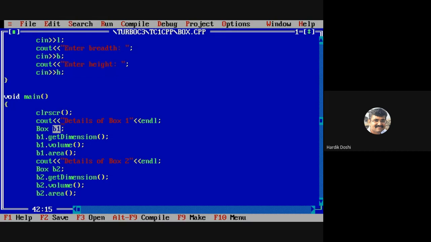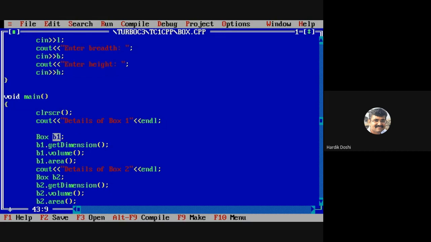If you remember the C language, what happens when I write integer a? Can someone reply? What happens when I write integer a? Memory is stored in the stack. Exactly, 2 bytes or 4 bytes are allocated as per the design of the processor.